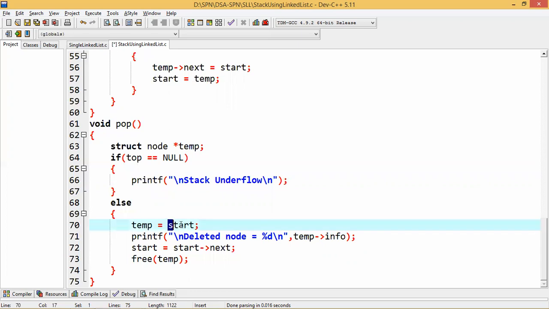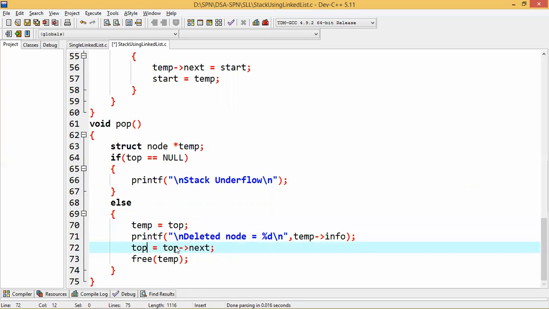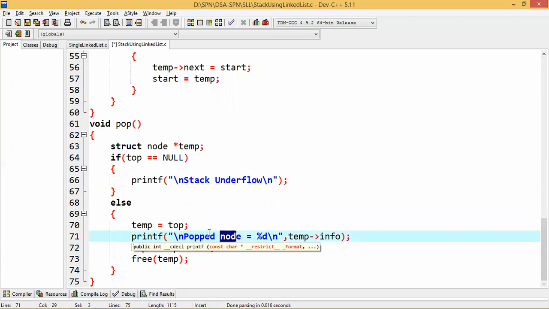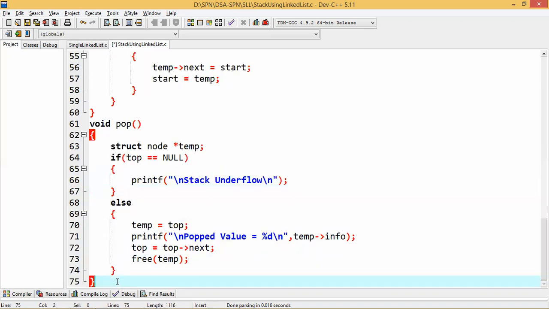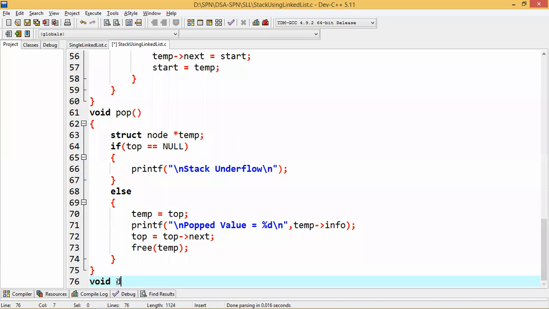Otherwise, you assign the value of top to temp because I need to delete the first element, and top will become the next element to which it is already pointing. Okay. So the popped value is printed here. Then similarly, whenever I want to define the display method,